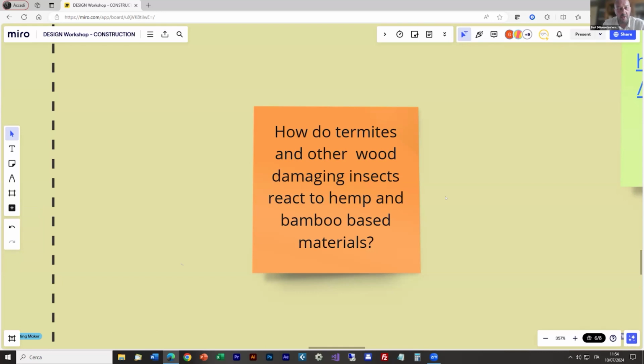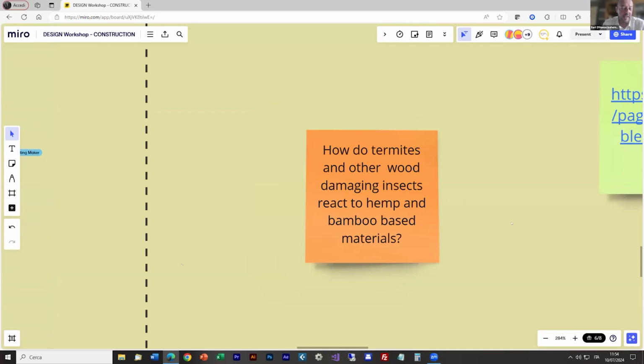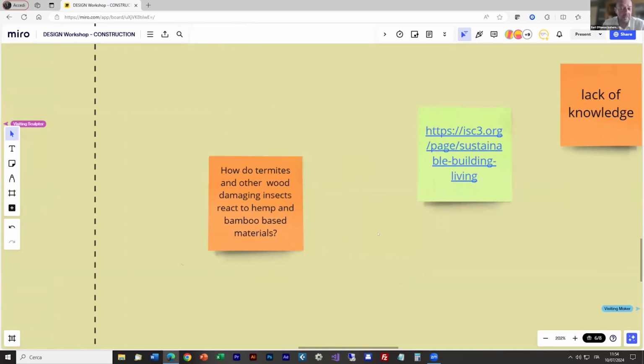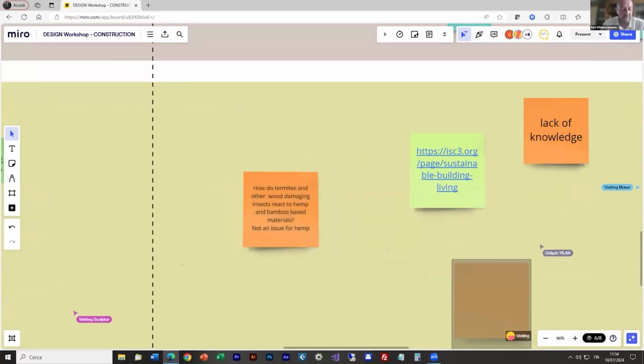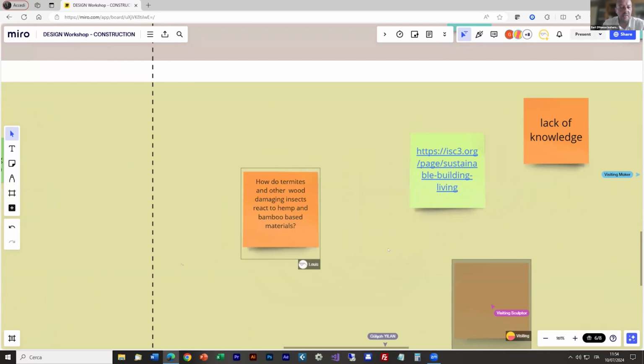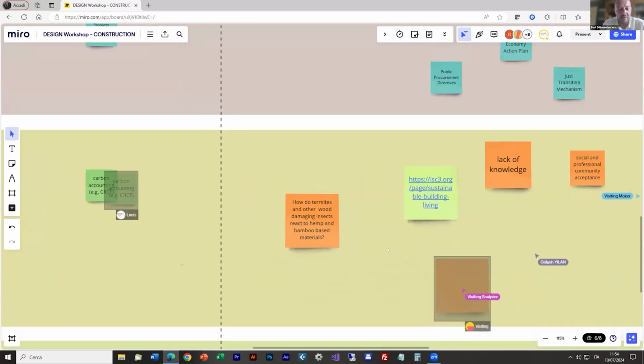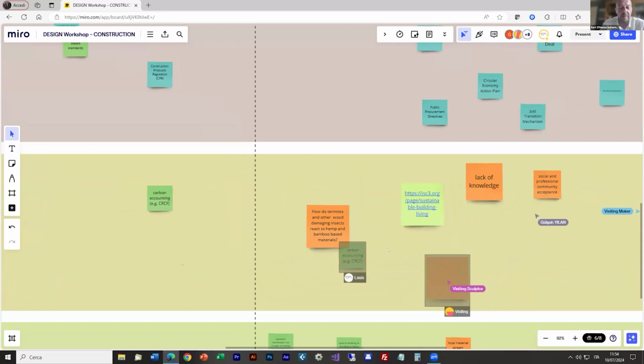So for hempcrete, it is not an issue. I think for bamboo, it might be, and for the other materials, I think the other experts should be able to answer. But I would like to add something for the mycelium-based composite materials. I think there's a lot of investigation going on, and I think Toby and Reinhard know what I'm talking about